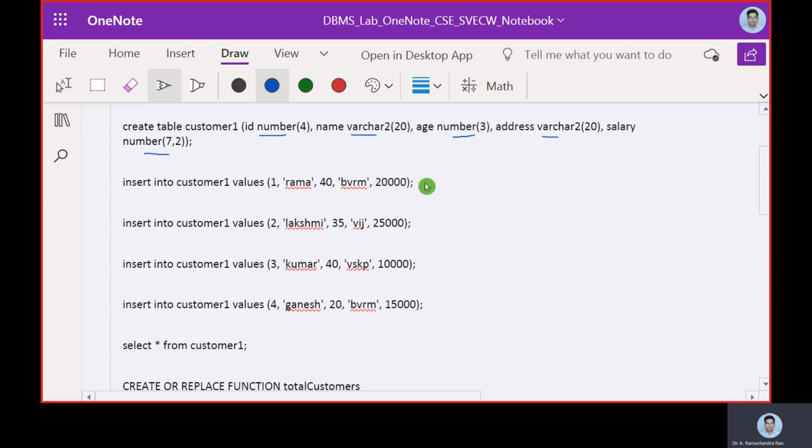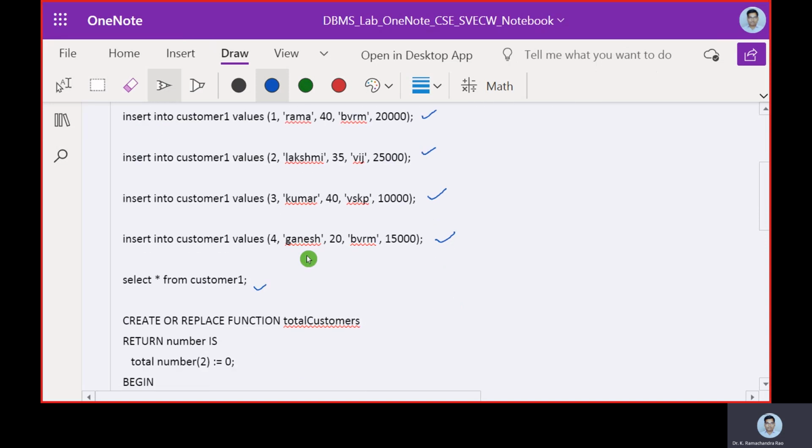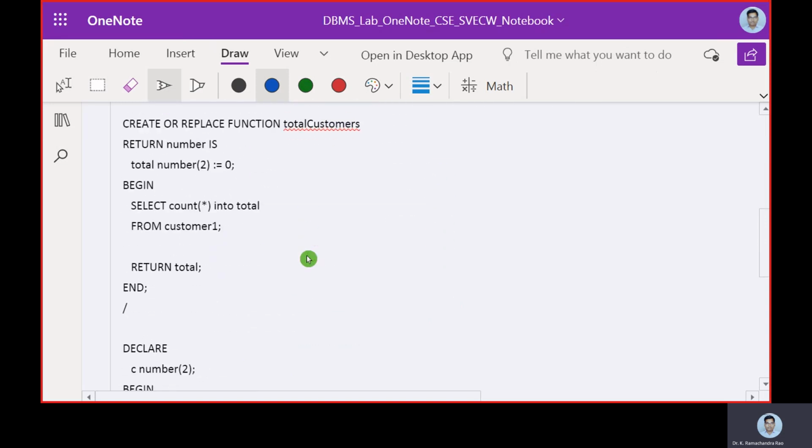Thereby we make some insert operations: insert operation 1, insert operation 2, insert operation 3, and so on, and thereby we will print out the table. That is the basic thing we have been looking at from long back.